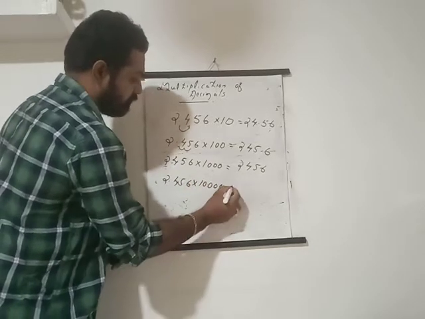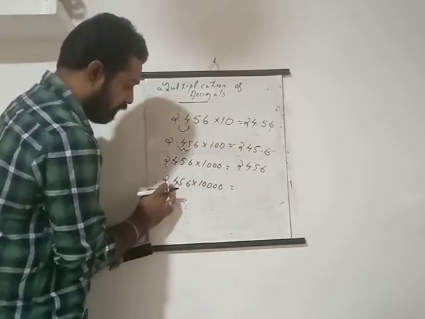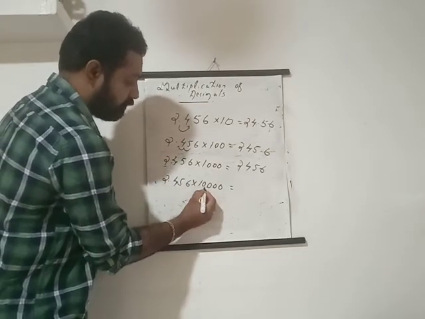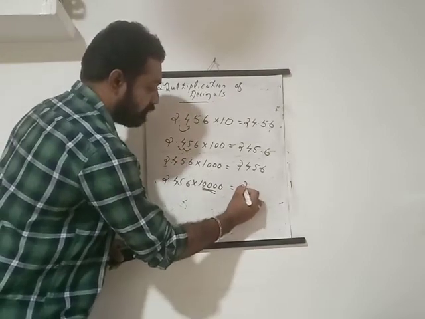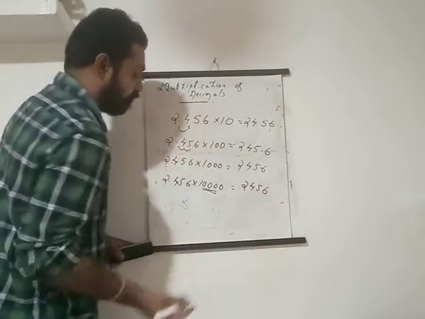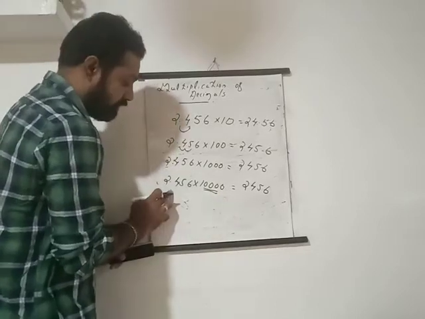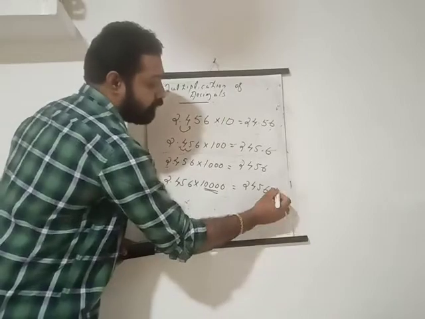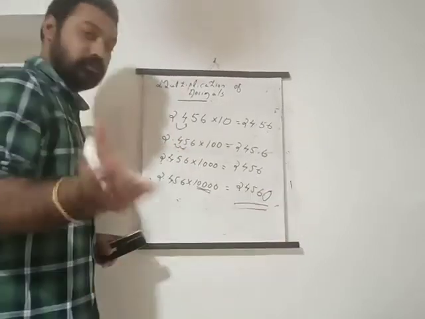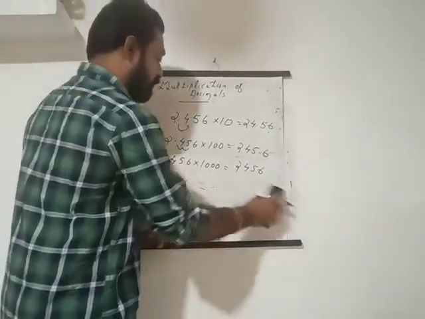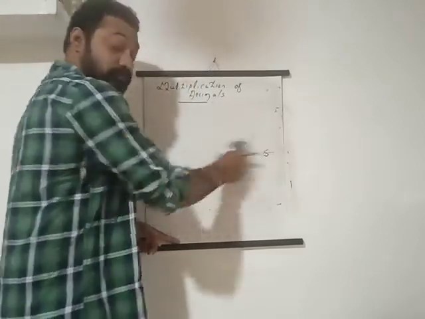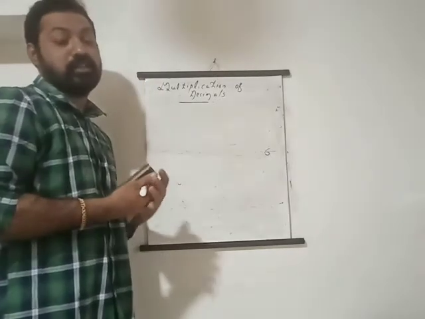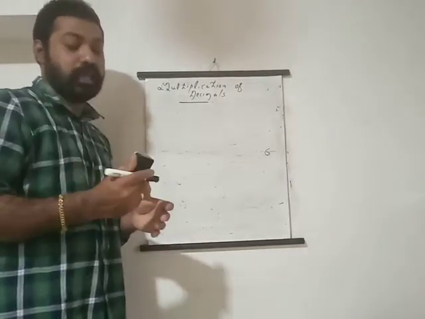If I am multiplying this with 10,000, just imagine 1, 2, 3. How many decimal places? 3. So these 3 zeros convert 2.456 into 2456. The decimal places are gone, and 1 zero is remaining, which you have to put. So that's all. This is the way we multiply numbers with 10, 100, 1000, 10,000. No problem, we just follow the same rules.